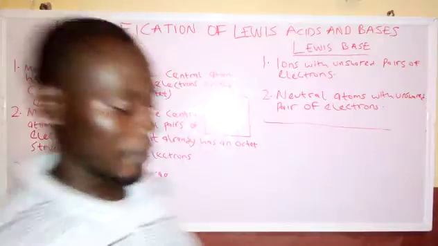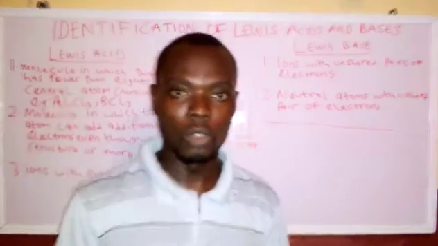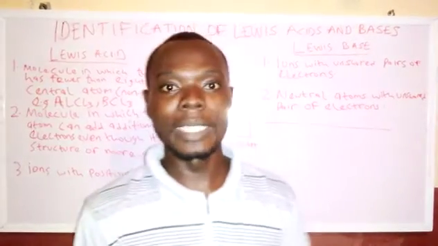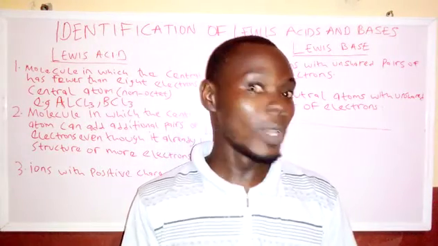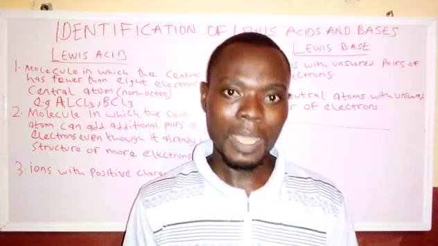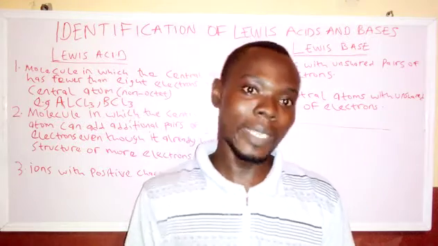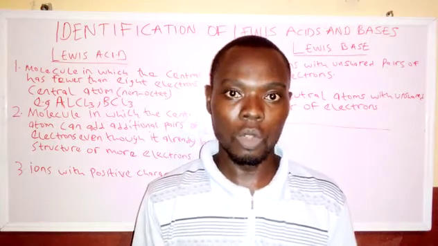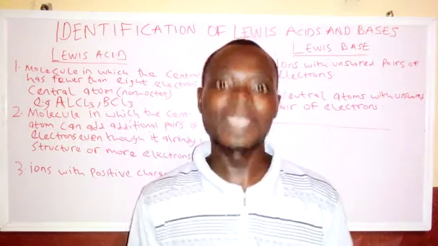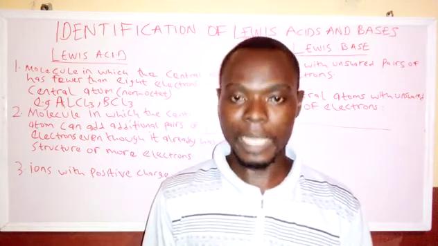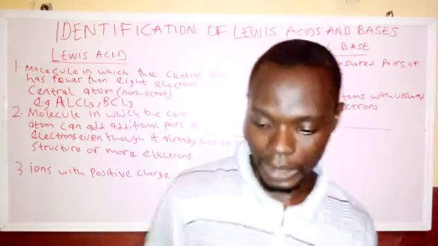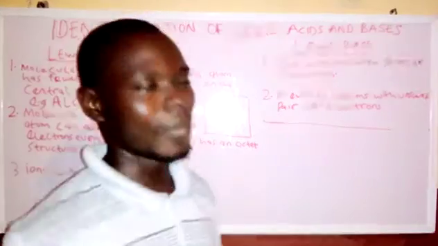Now another way to know which one is a Lewis acid is when you see a molecule in which the central atom can still take more electrons, even though it already has an octet structure. So, it can still admit more electrons. Then you know that molecule is a Lewis acid. Now let me show you how. For example,